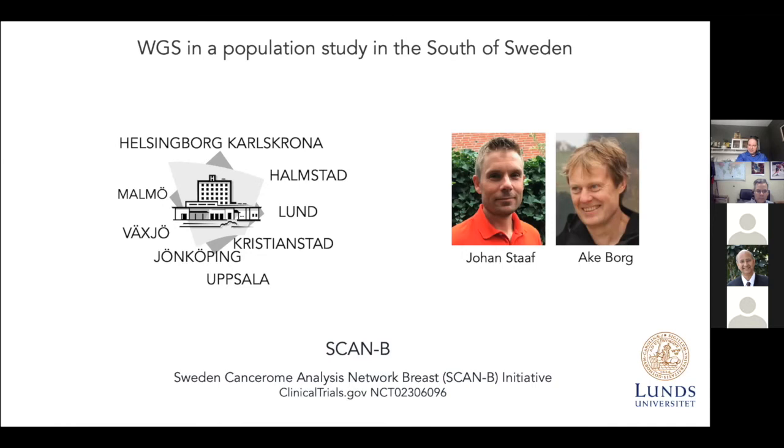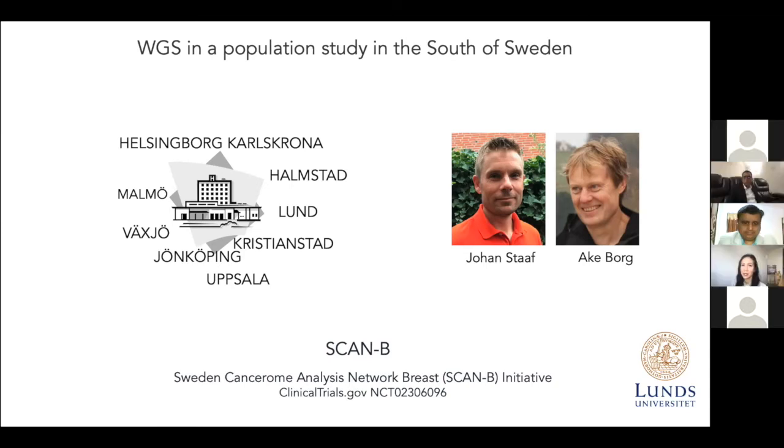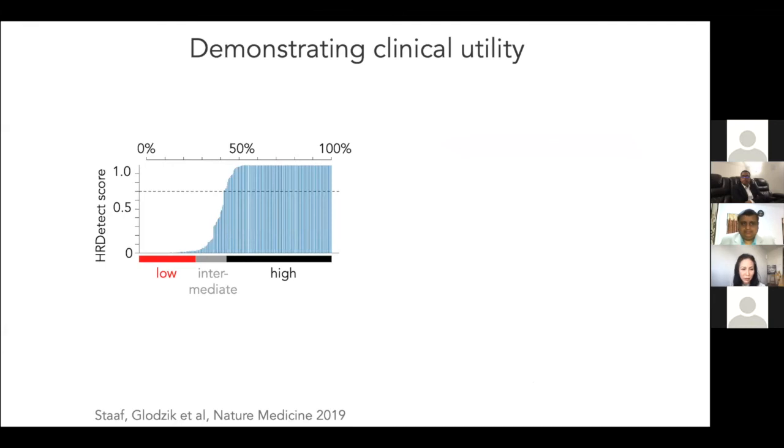And so we sequenced all the triple negative breast cancers between 2010 and 2015. And the wonderful thing about the Northern Europeans is that they have fantastic treatment and outcome data. So these are all patients who've had standard of care for triple negative breast cancer in the south of Sweden. So the first thing to say is that more than half the patients had HR deficient tumors, so 58.6% had